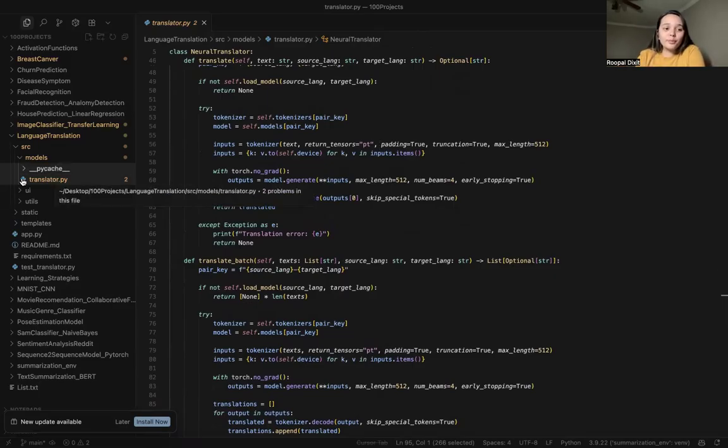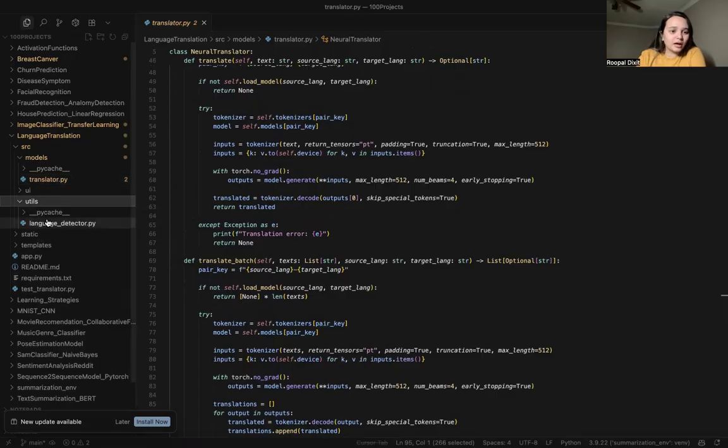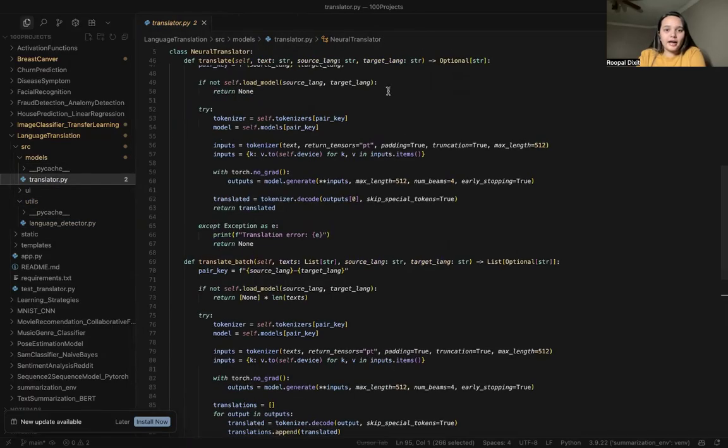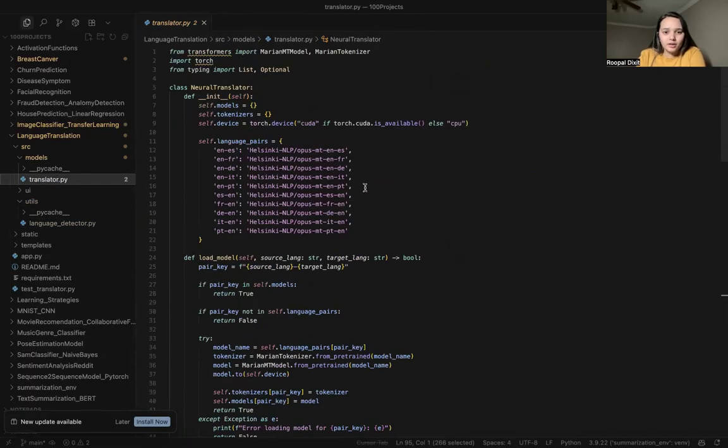Now we will make it clearer by using the detector model. We also want to detect the language. If I understand that the input I'm giving is English, then I know which models will be used. If I have detected French, then this model will be called.